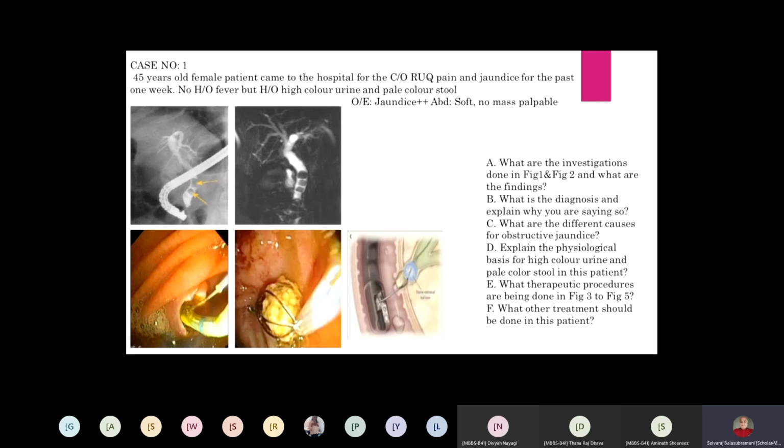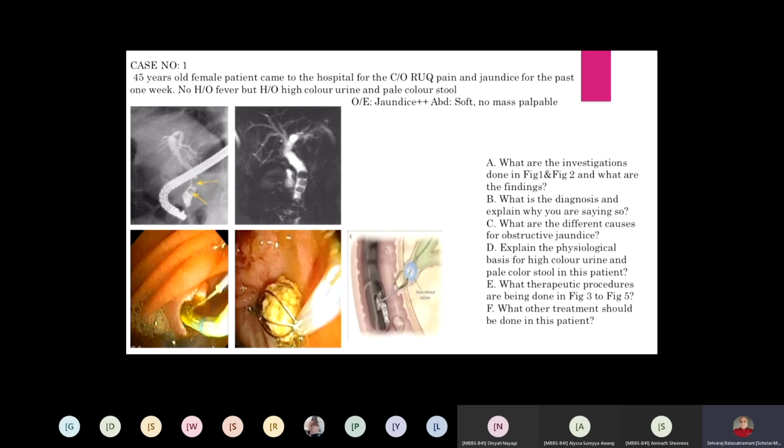What is the reason for the pale color stool? Is it the deficiency of stercobilinogen? Very good. Not deficiency, complete absence of stercobilinogen. Why is stercobilin not produced in the body? Obstruction. It is converted in the intestine, so if bile doesn't reach the intestine, no bile is entering because it is a complete obstruction. Naturally the body cannot produce stercobilinogen, and that is why these patients have pale colored stools.